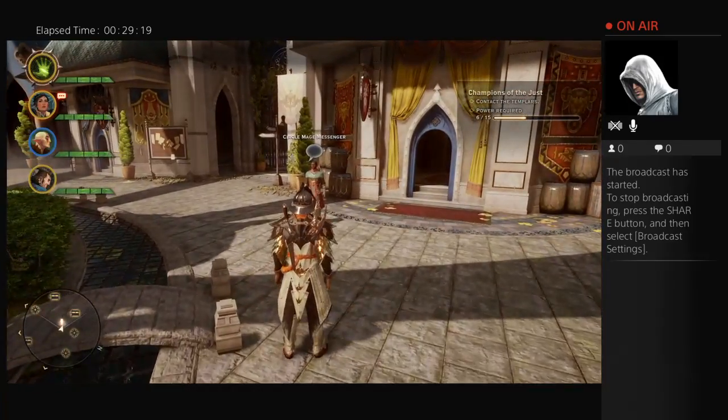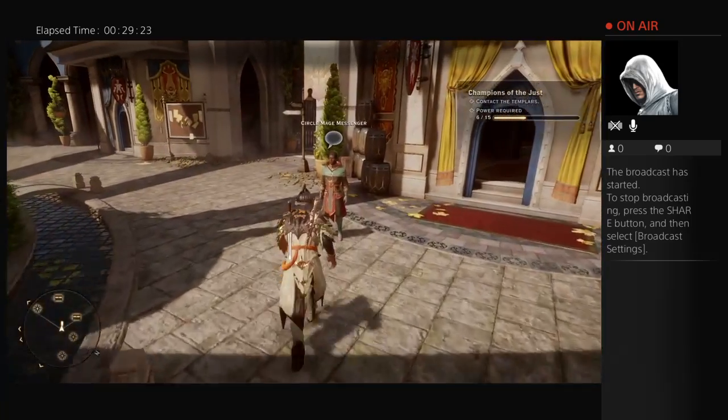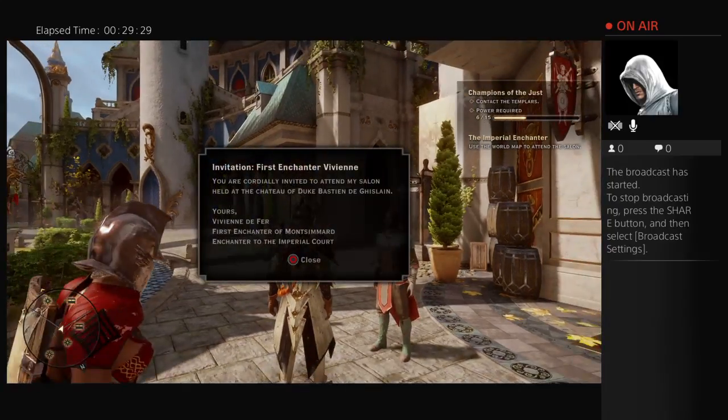I believe that messenger is trying to get our attention. Well, then let's talk to him. You are the Herald of Andraste, are you not? I have an invitation for you. Do you? First Enchanter Vivienne, cordially invited to attend her salon held at the chateau of Duke Bastien de Ghislaine. Vivienne de Fer, First Enchanter of...